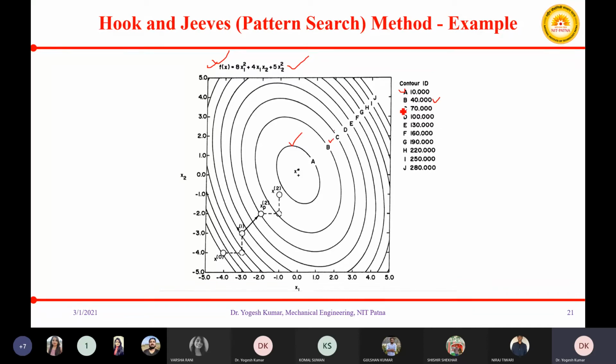For f(x) equal to 70, that is c equal to 70, you are having another plot, then the next plot. So these are the plots which correspond to the value of function at these given values. These are 10, 40, 70, 100, 130, 160, 190, 220, 250 and 280.